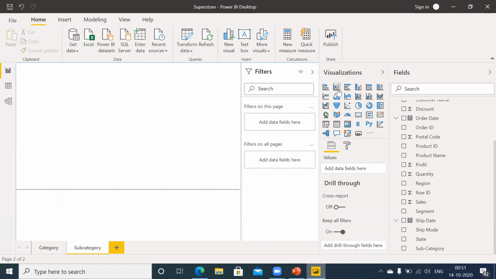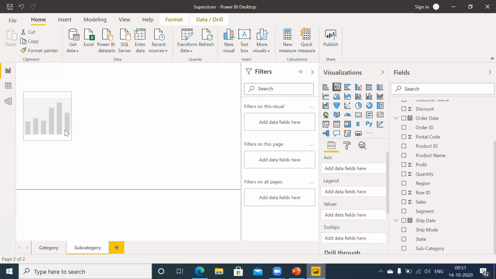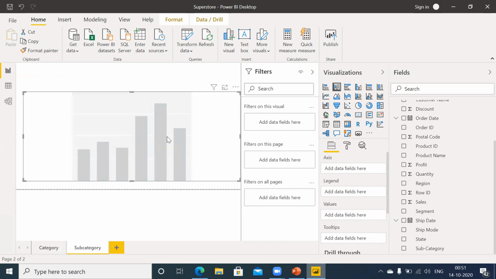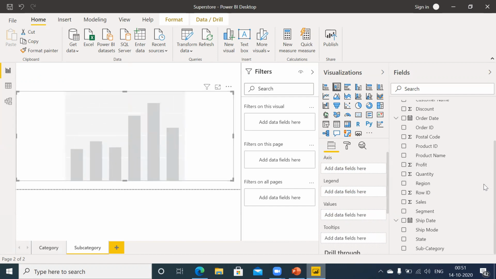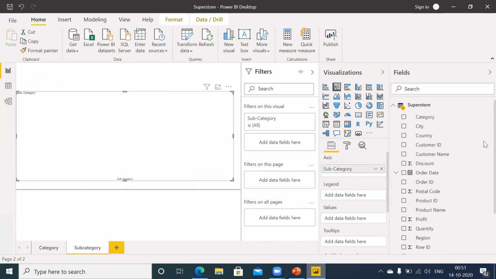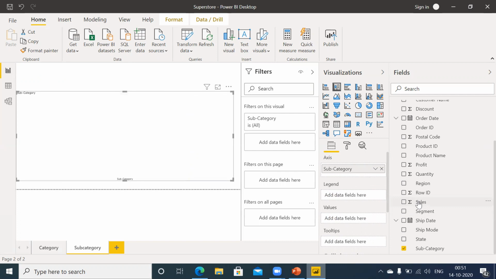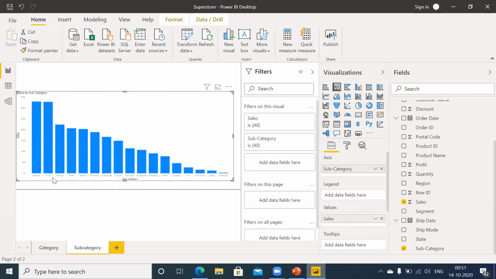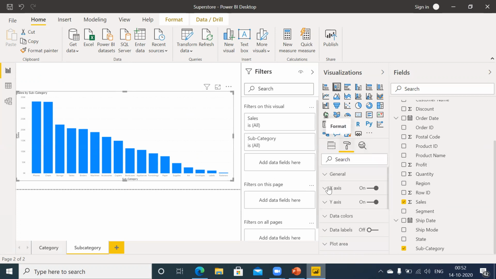So let's take bar graph again, and here I will take subcategory on x-axis and sales on values. So you see there are different subcategories. Let me increase the size.